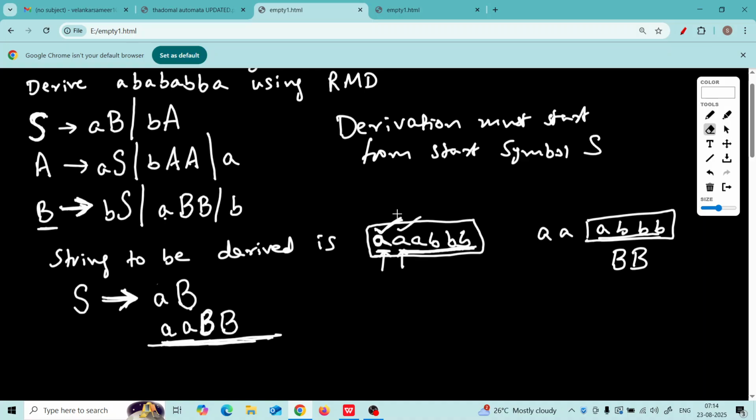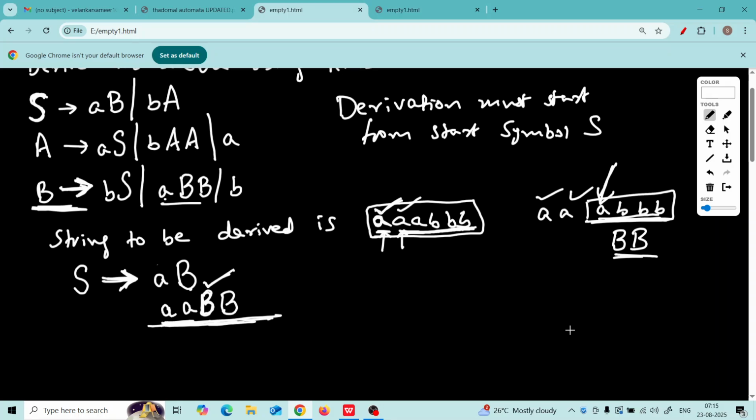Okay, where were we? Now we have double A generated, the first two A's are generated, and this is the string pending, A, triple B, and we have two B's left, and we will always give priority to the first B, leftmost derivation. Okay, we want A again, isn't it? Watch this, we want A again, and the only production that B can give A is ABB. I hope you are getting it.